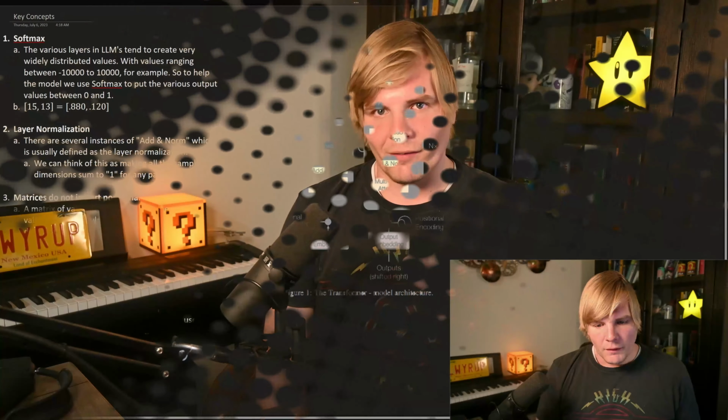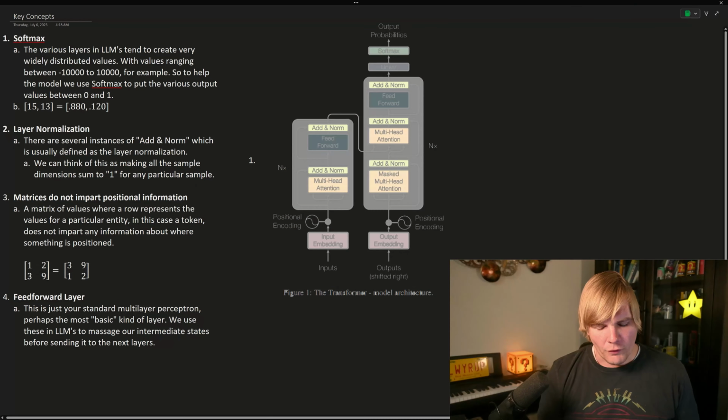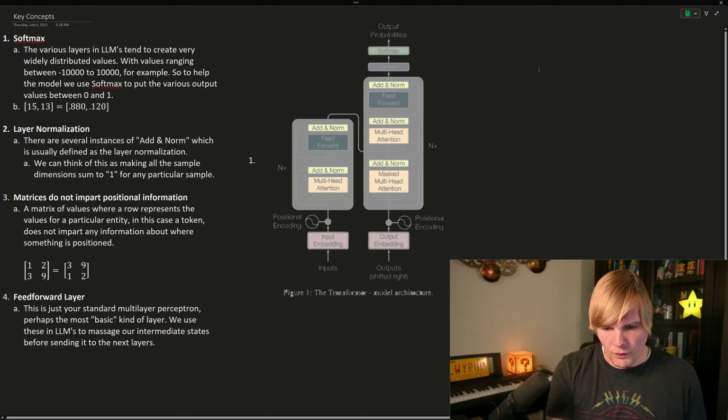So we'll start with an overview of some important concepts, we'll move on to tokenization, then embedding spaces, and finally attention and how it all comes together to actually compute the output tokens. So let's get started. So we just need to understand a few key concepts